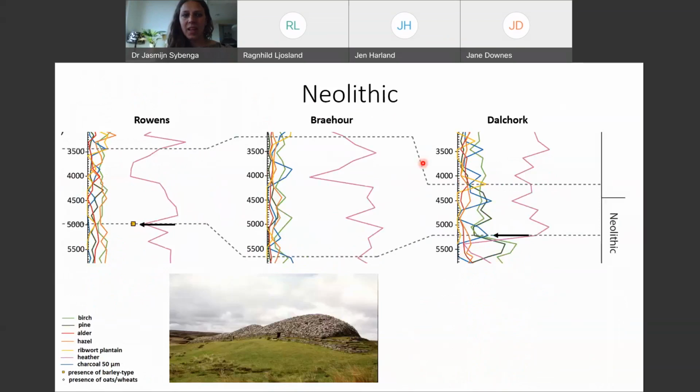of Camster. And the Neolithic, that's the moment that agriculture really starts around the world. That's the term for Neolithic. In Rowans, the first evidence of cereal grain, so the presence of barley, has been found around 5,000 years ago. There's also an increase in that ribwort plantain pollen grain that I showed before, which shows the livestock in the area, people in the area. So we can say almost for certain that Neolithic communities were farming around 5,000 years ago